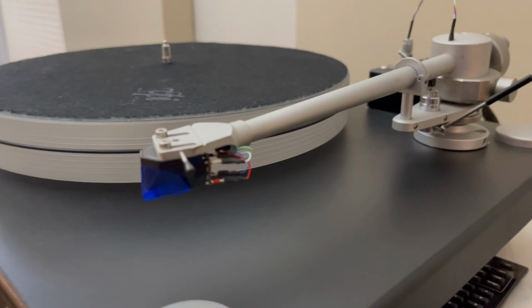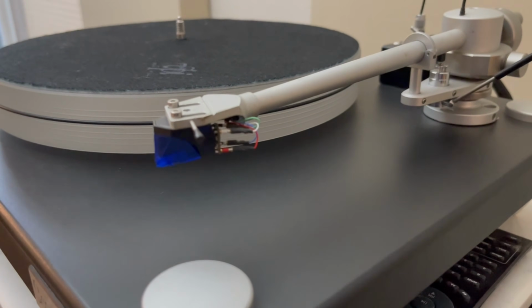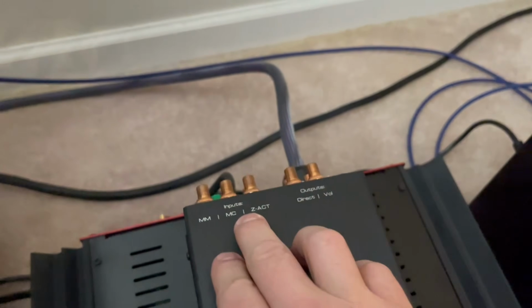And it probably didn't even have to be bent. I was just wanting to make some clearance there. So anyway, that's ready to rock and roll. We're going to get it hooked up to the Zen amp, which basically, if you look at this guy,